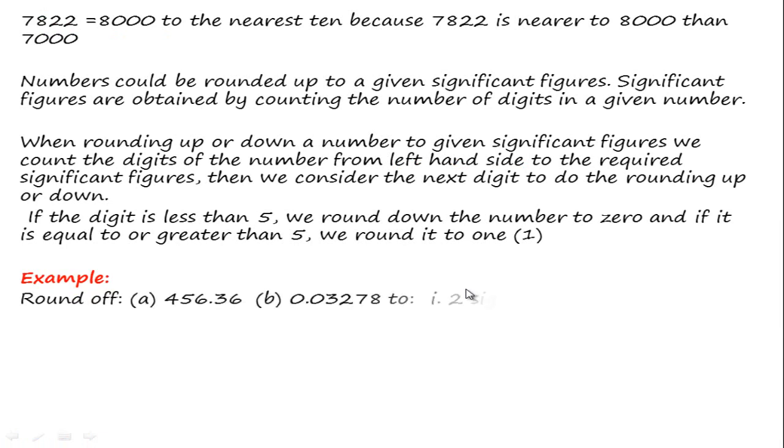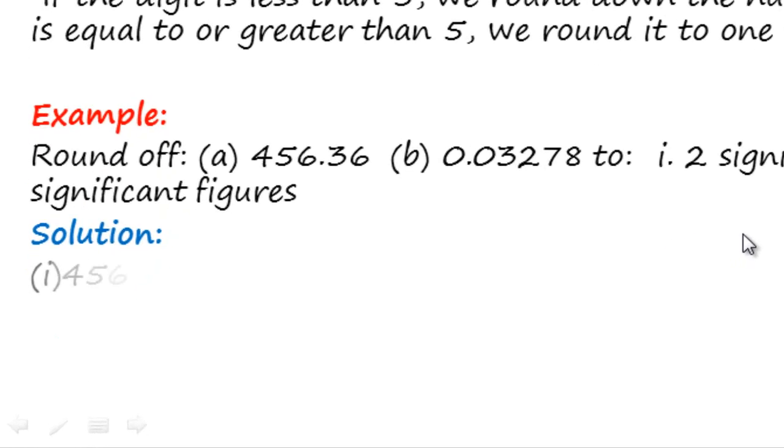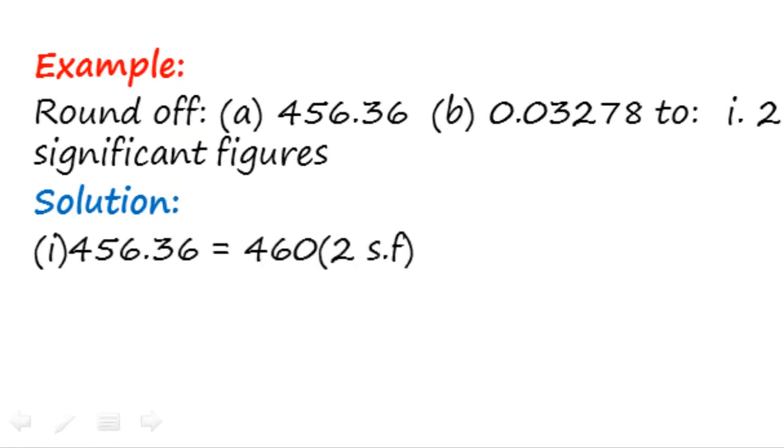Round off: A, 456.36, and B, 0.03278. For Roman figure 1, round to 2 significant figures. For Roman figure 2, round to 3 significant figures. Now let's go. Solution. Now for number 1,